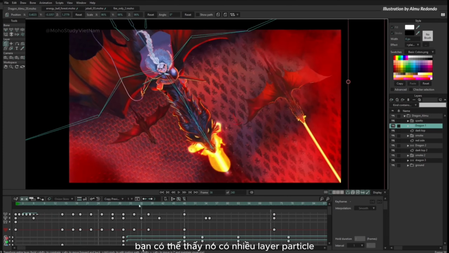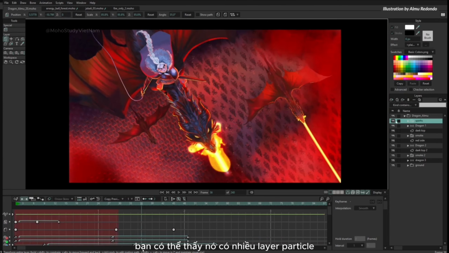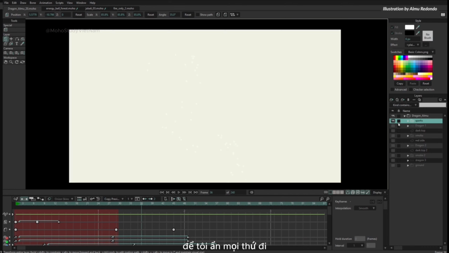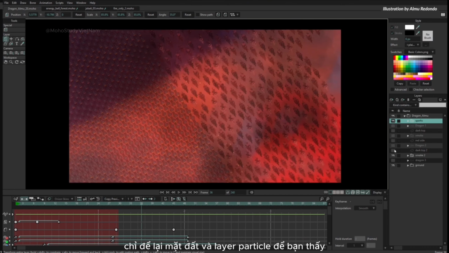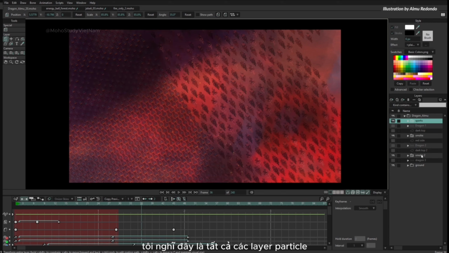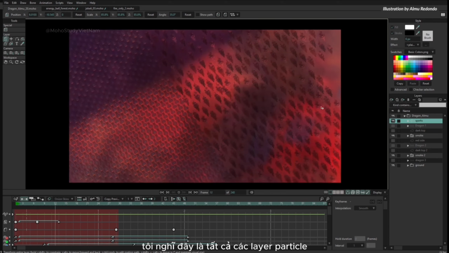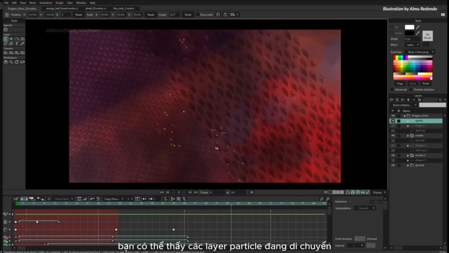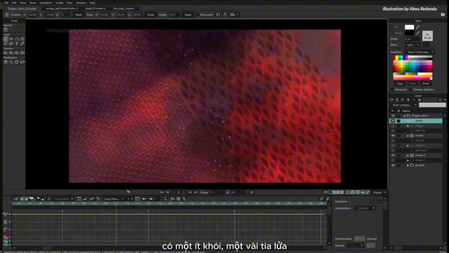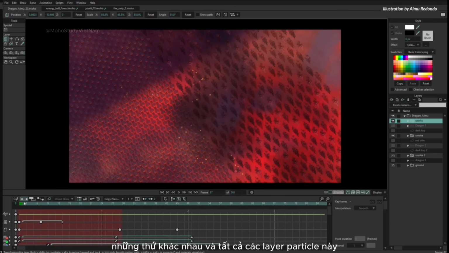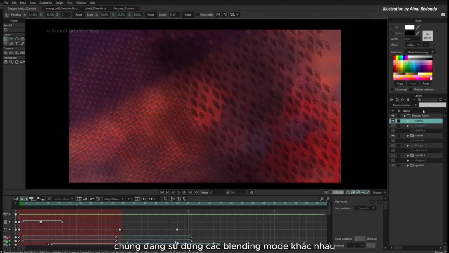So you can see it has several particle layers. Let me just hide everything but the ground and the particle layers, so you can see here, I think those are all the particle layers. So you can see the particle layers moving. We have some smoke, some sparks, different things, and all these particle layers, they are using different blending modes that